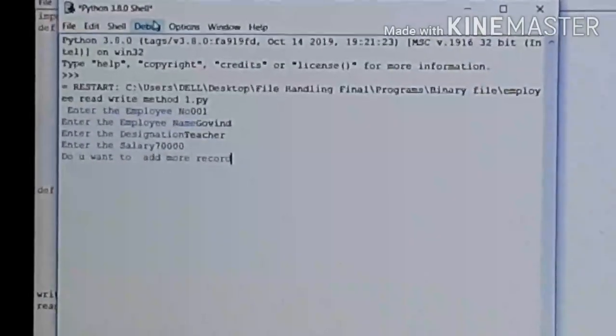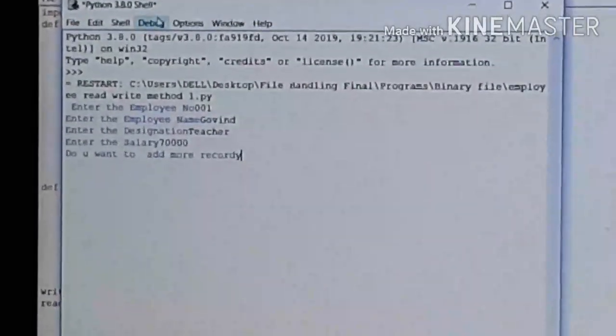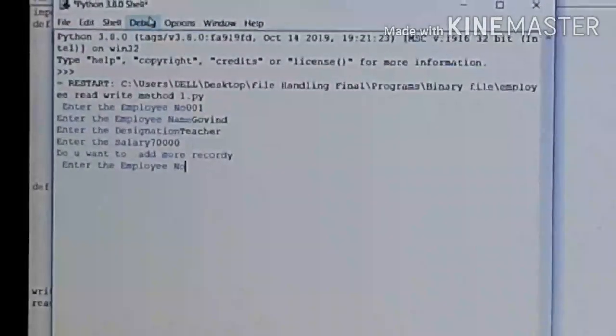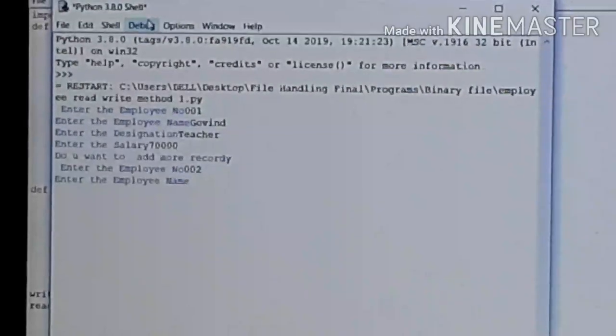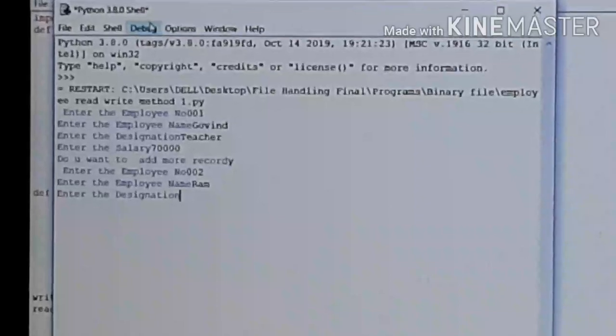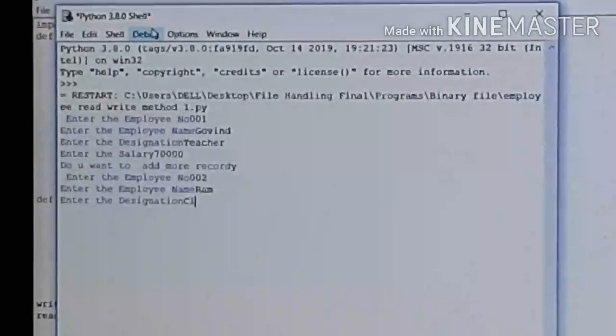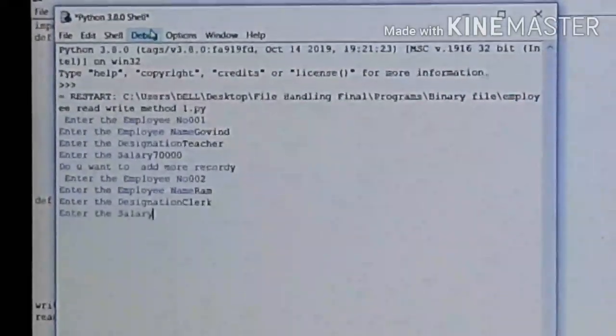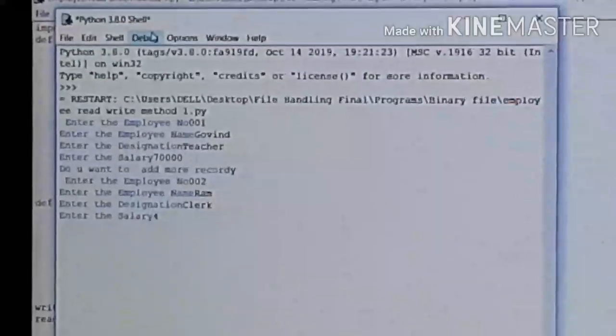Now it asks, do you want to add more records? Suppose I put yes. Then again it asks the employee number, suppose 002, name Ram, designation clerk, salary 40,000.